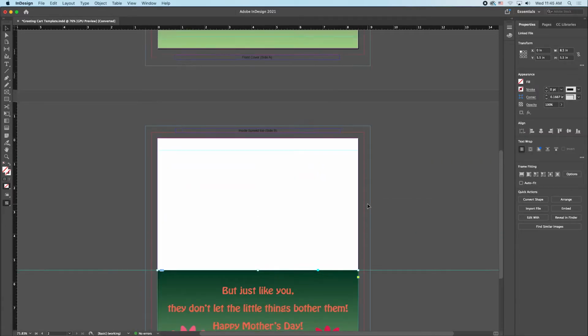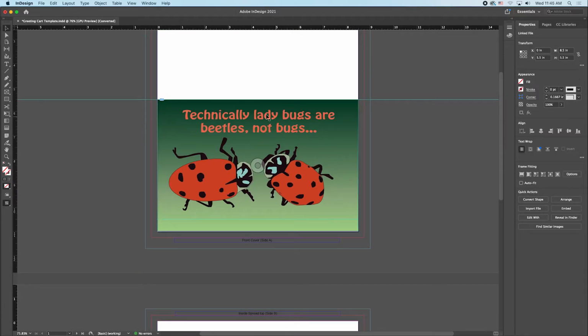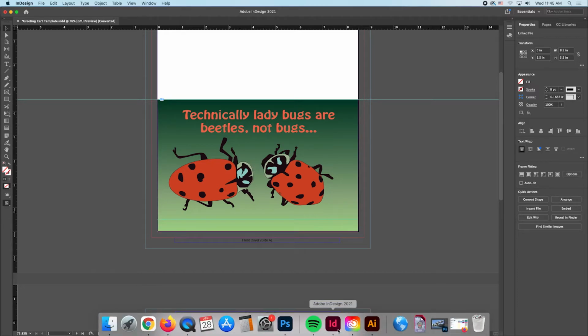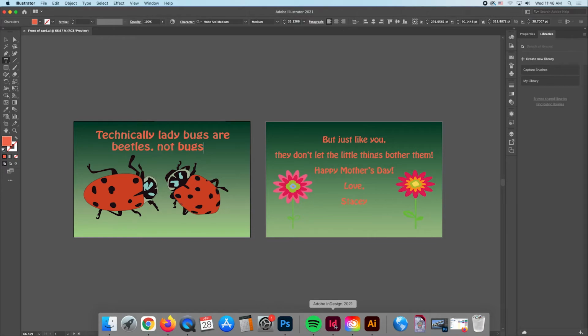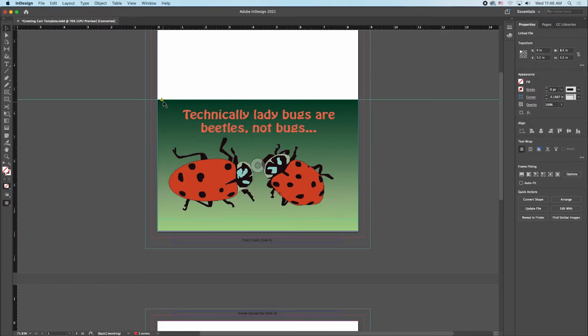Looks good. So if you need to make any changes, let's say I misspelled a word, for example, I can go back into Illustrator and make any changes. Let's just quickly, I want to get rid of those 3 dots, let's say. I'll go to File, Save to save those changes in Illustrator. Now I can go back to InDesign, and here I have this exclamation mark. If I click on it, it has now made those changes, and now those 3 dots are gone. You can do that in Photoshop as well, so you can go back to your original file and make any